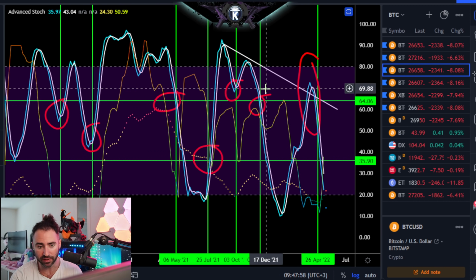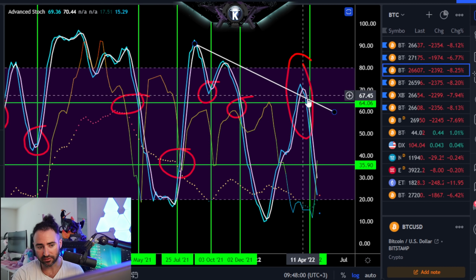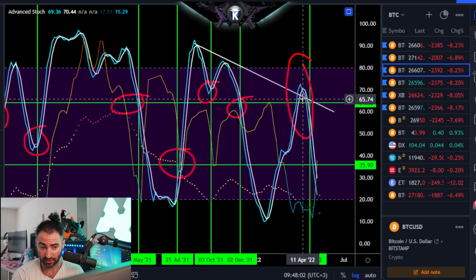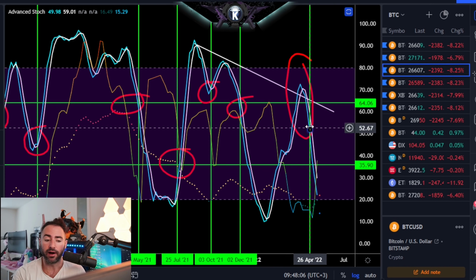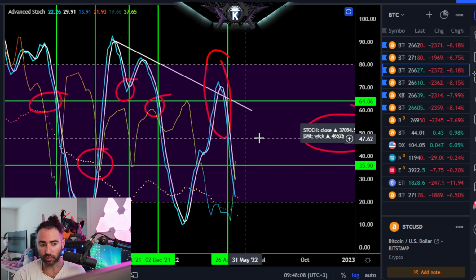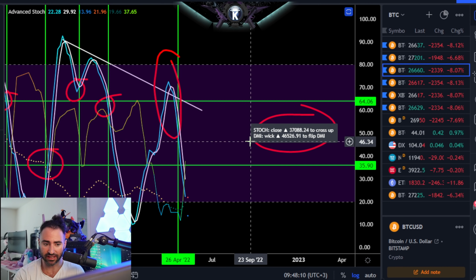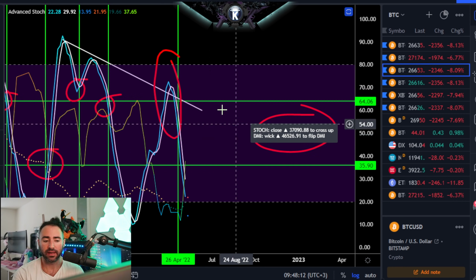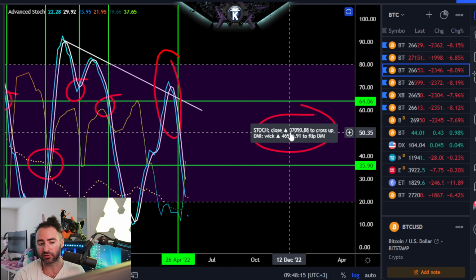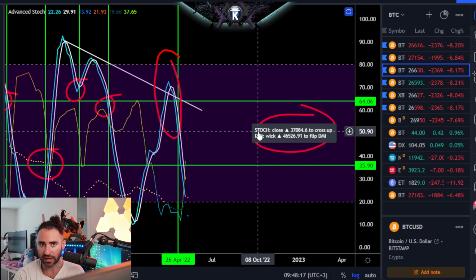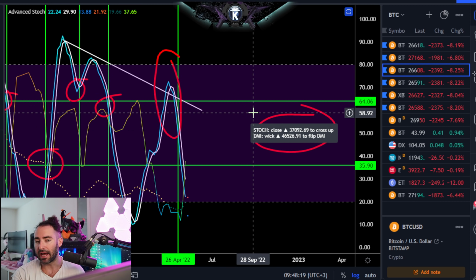It's not always going to be perfect, but not only do we have a trendline regression test and rejection on this particular tick over here, which is where we really start to get very bearish on this price action. We do see that downside pressure is going to resume as long as Bitcoin's below $37,000. So until we do see the 5-day start to close above the stochastic momentum pivot, I would not feel comfortable